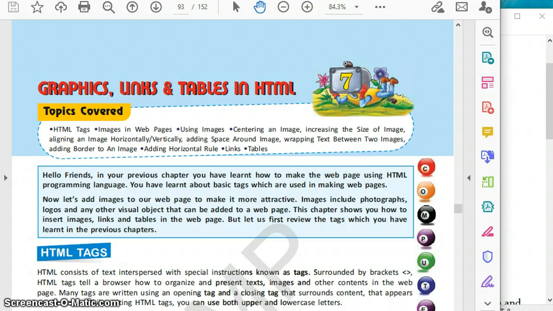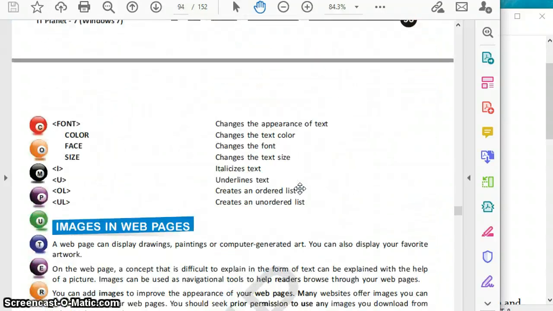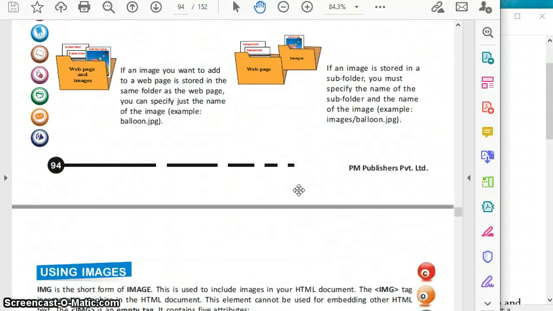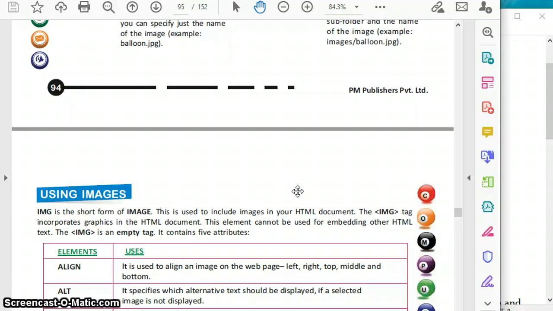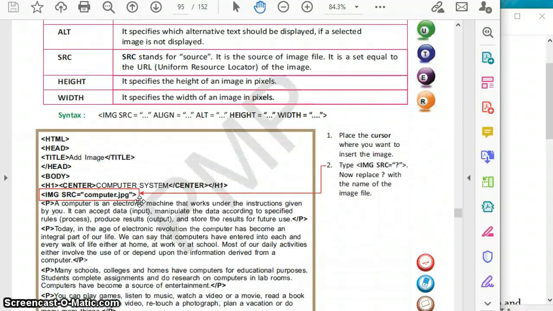So students, we were on the chapter Graphics, Links and Tables in HTML, which is the 7th chapter of your class 7 computer science book, IT Planet. We have already discussed the different tags, how images can be saved in the folder and incorporated in your HTML files.